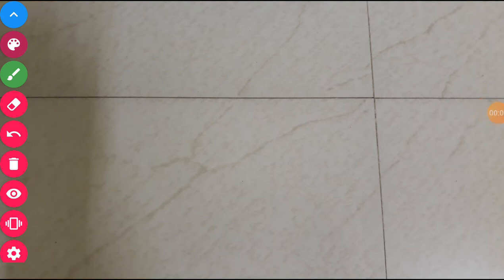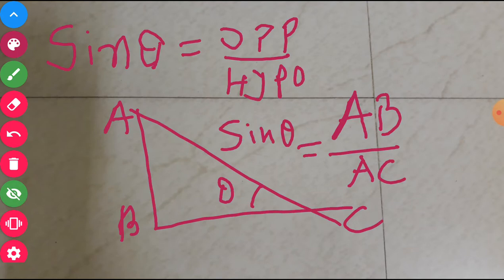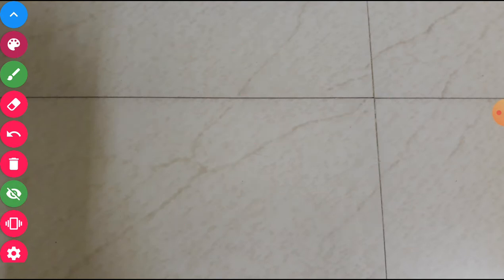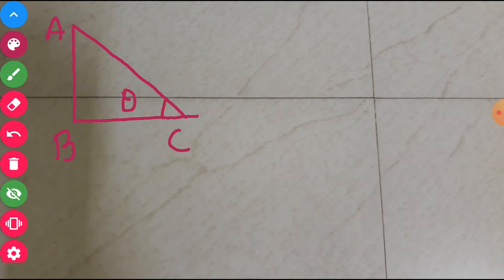Today we shall discuss some of the important mathematical concepts that you need in the solution of the different topics, or to understand some of the topics. Now, first of all, we shall consider the trigonometric concept. Say, for example, this is your right angle triangle. The name is given, triangle is ABC, and this angle is theta.